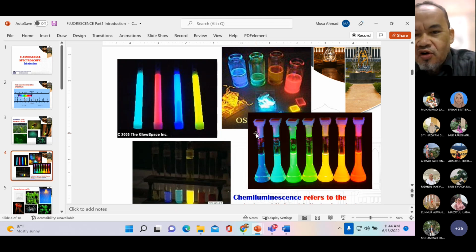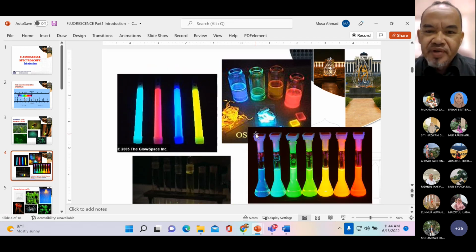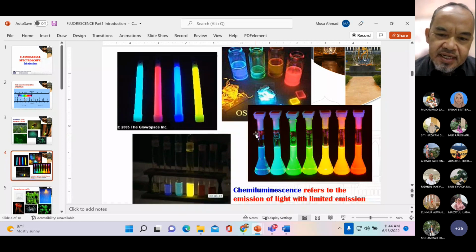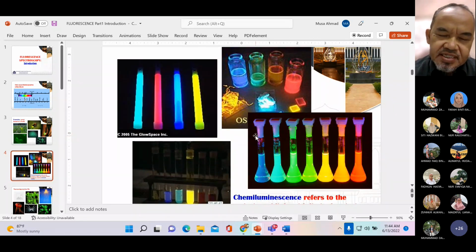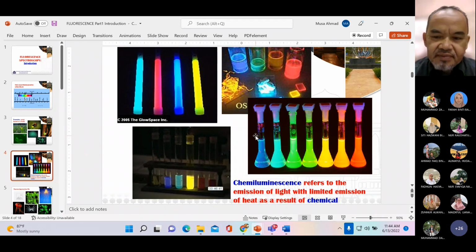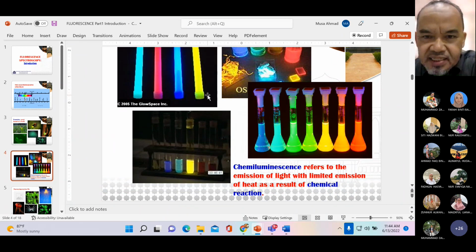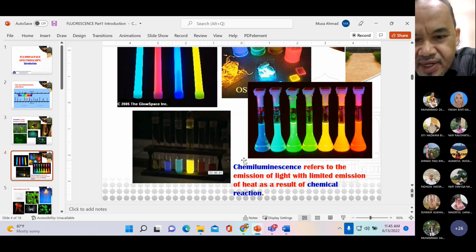fluorescence actually just one of the bigger terminology that they use, okay, which is luminescence, okay, luminescence. Jadi luminescence ni can be a phosphorescence, okay, can be fluorescent, and we have many others. Among others, macam kita lihat kat sini ni adalah contoh chemiluminescence, okay. Chemiluminescence adalah fluorescence yang terhasil akibat daripada tindak balas kimia. So chemiluminescence. Luminescence ni maknanya mengeluarkan cahaya lah. Mana bahan ni mengeluarkan cahaya, okay, because of the reaction, okay, chemical reaction that occur.